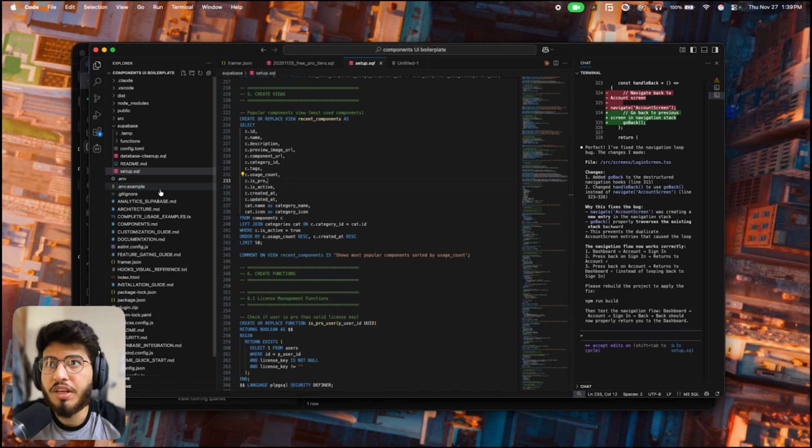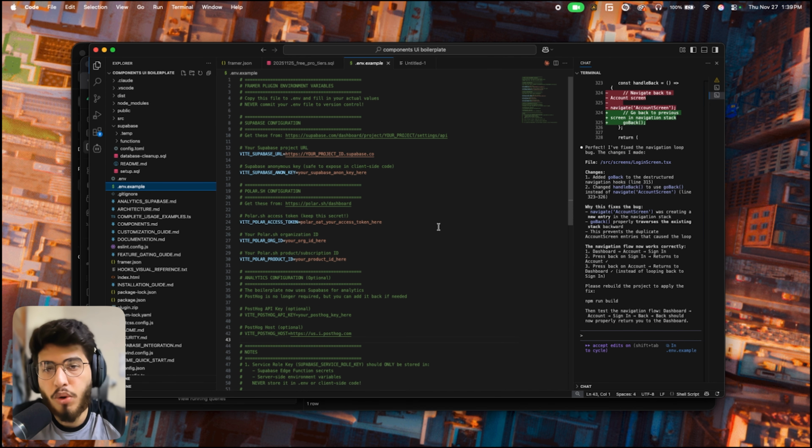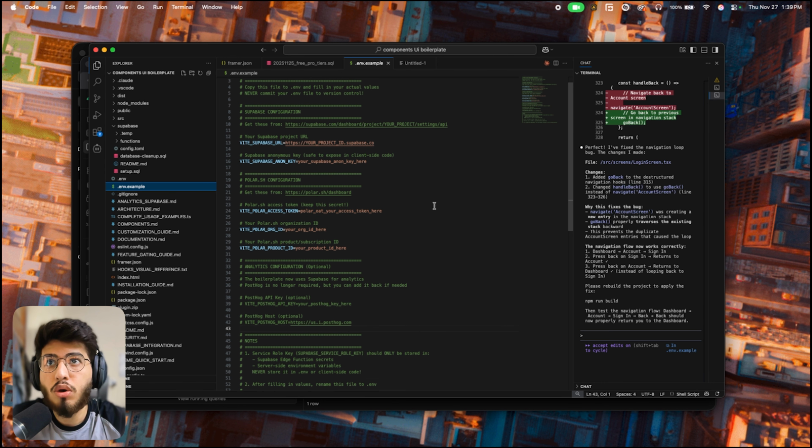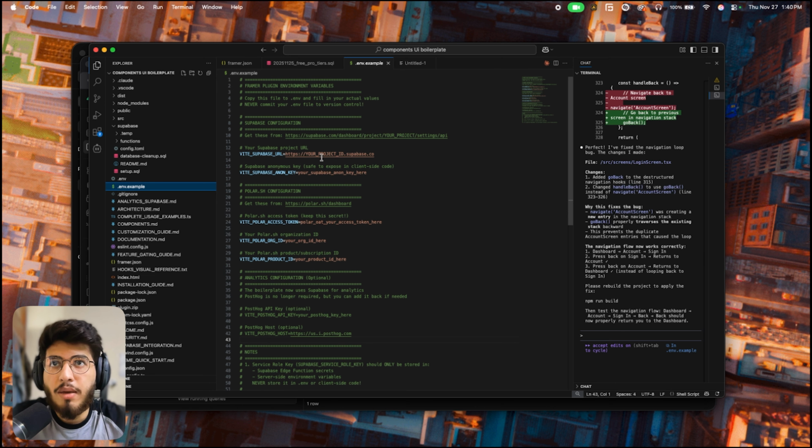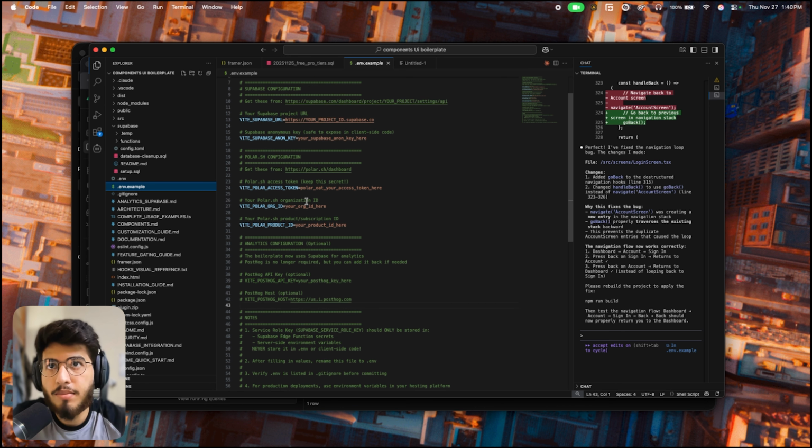And this is the .env.example file. This is the most important thing for you. Okay, so first we have the Supabase URL. You have to go here, there are instructions on how you will get the API and how you will put the key. If you don't get it, search online and you will be able to. So come over here, put your Supabase URL and NN key, and for polar.sh use the same thing and create